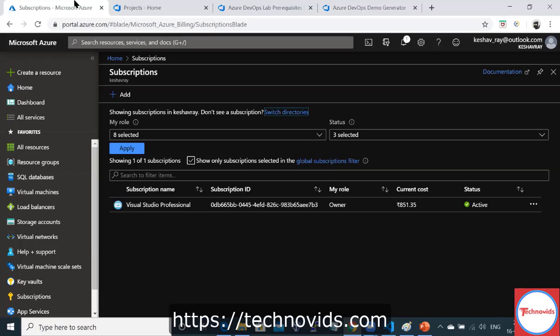Usually, it's up to the DevOps engineer who will select it. Yes, definitely, you have to select it. This is the training environment we are using, right? In a real-time environment, you will have multiple hosted agents and multiple self-hosted agents.